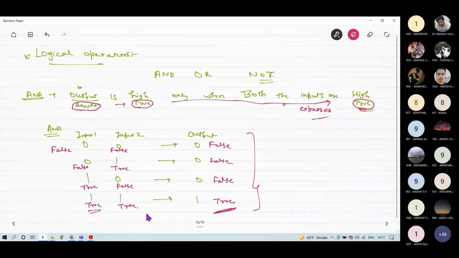If I operate AND operator on two statements, then the answer will be true only and only when both the statements are true, right?